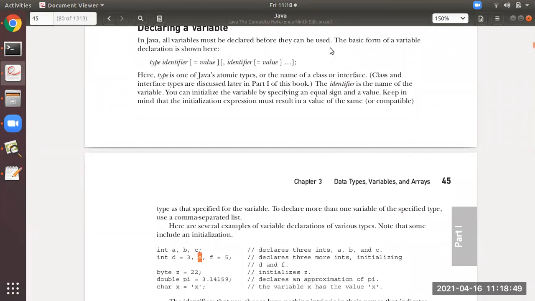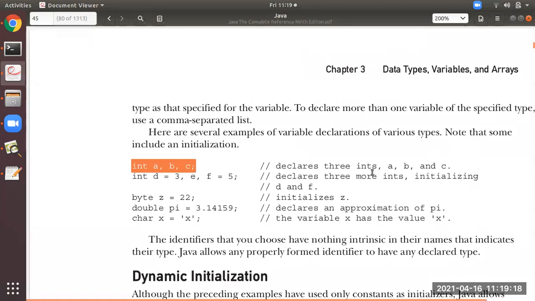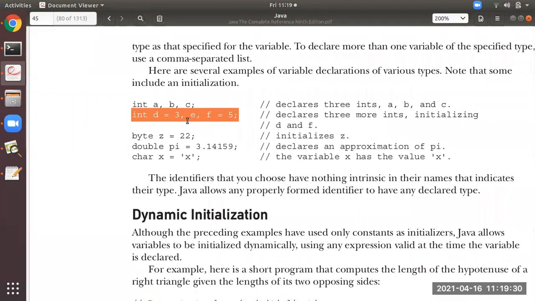If you don't assign, that is known as only declared. The variable is only declared. Suppose e is equal to something, it is declared and assigned. Now the next one, f is the identifier with the value 5. So int is the type. I hope you all have understood this. Now just look at this: int a, b, c means there are three variables which are only declared, whereas over here there are variables which are declared, but d and f are initialized.